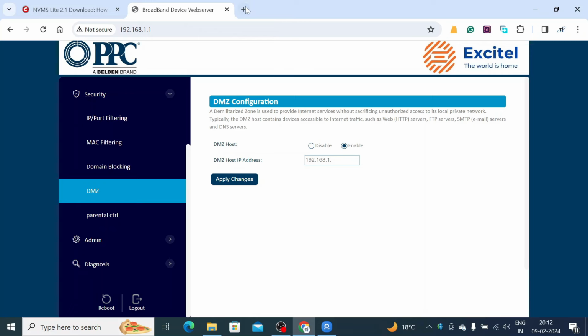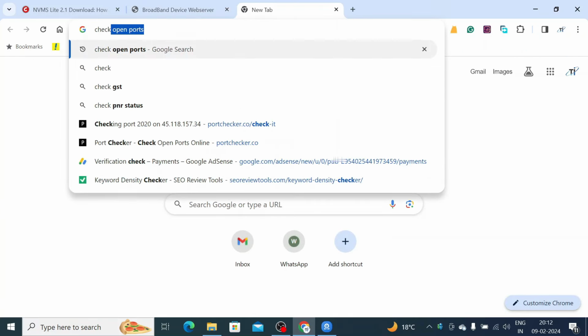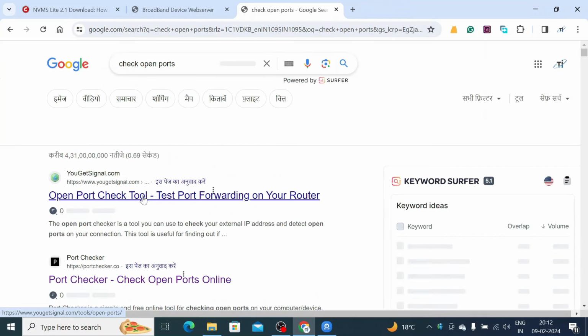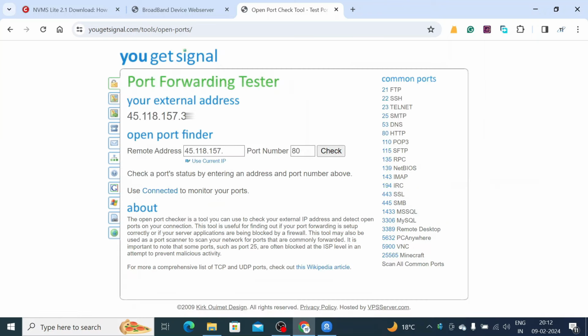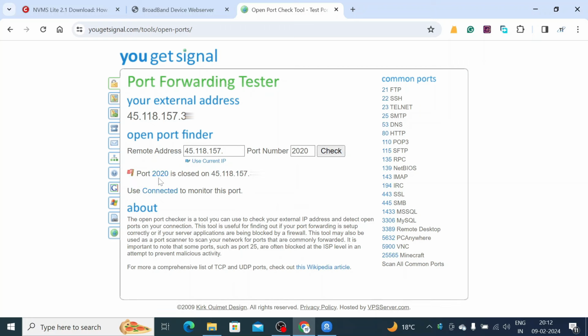Okay, for that you should Google it, check open port. Okay, and click here. Here is my default IP address, and here is the port. Here you should enter the port number and please check. Now you should find that this port is closed. But when you get